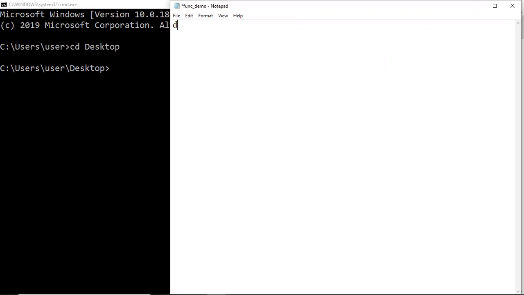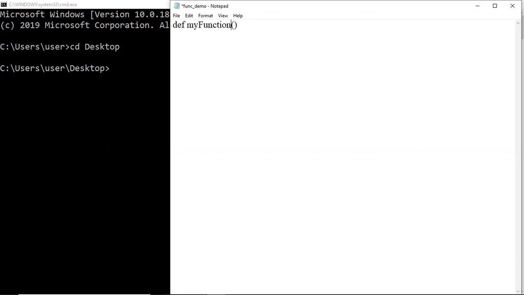So first we type def, which is a keyword for defining a function. We give a space and then we write the name of the function. The name of the function has to be a valid identifier. You can go back to one of my previous videos if you want to see the rules that are to be followed in order to write identifiers. Now we have to come up with a name of a function. Let's say I give the name as my function, and